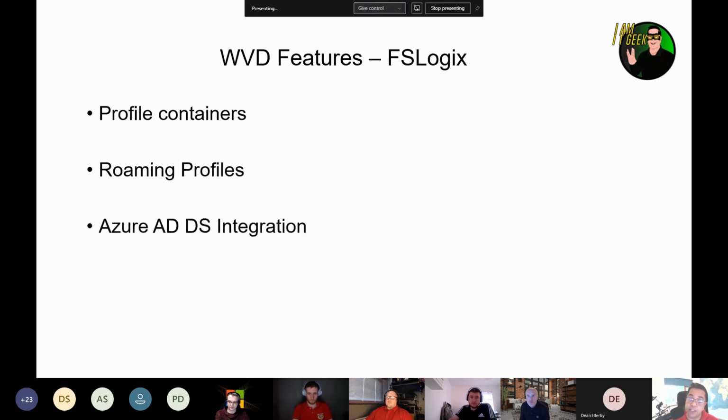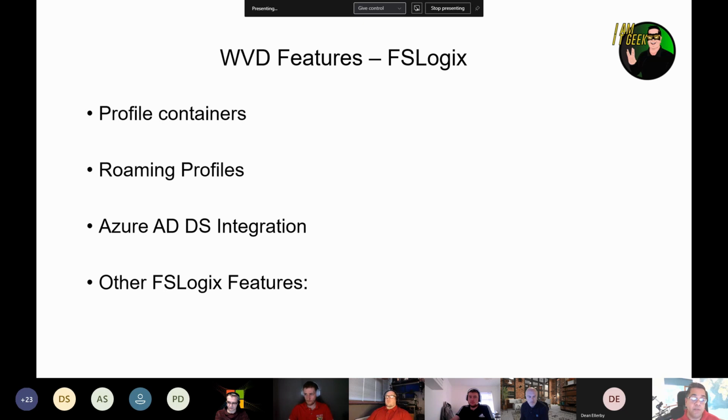It fully integrates with Azure AD domain services as well. So when it comes to permissions, because with it being a profile service, you need to make sure your users can access it and have the right level of access. You need to make sure your administrators can access it as well. Because the way it's configured is you basically provision an Azure file share within your storage account, and then you domain join your storage account to Azure AD domain services. Again, I can show that in the demo a little bit later on.